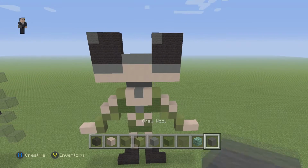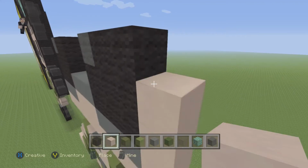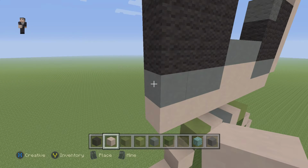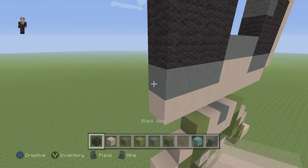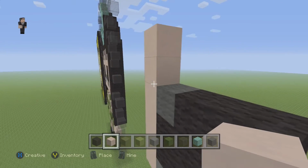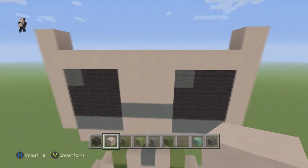Now what we're going to do next is that we're going to grab our white stained clay. And starting right here, we're going to go up by 6 blocks. So 1, 2, 3, 4, 5, 6. Let's go to the other side and do the same thing. So starting right here, just like right under her eyeballs, we're going to place 6 blocks of our white stained clay going up. So 1, 2, 3, 4, 5, and 6. And then we're going to drag this row across. Fill this part in, and now let's take a step back, see what we have so far for our Enchantress,